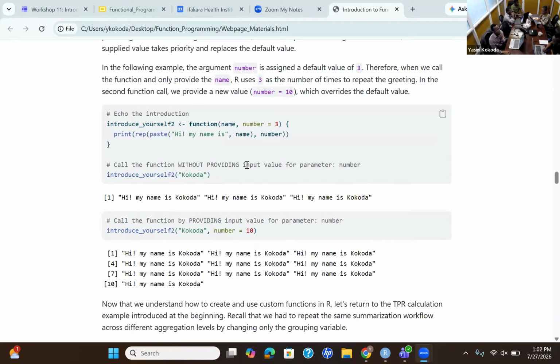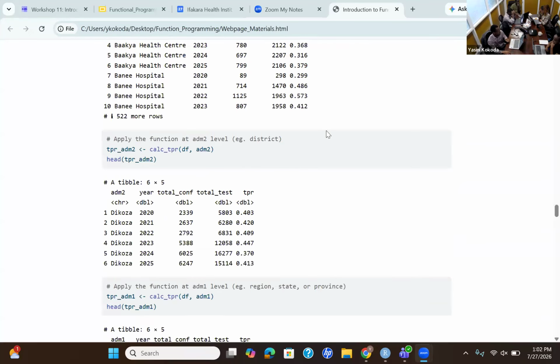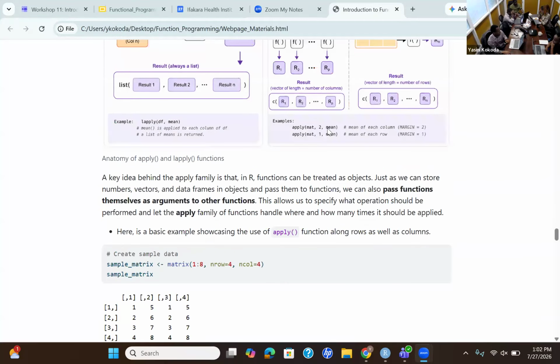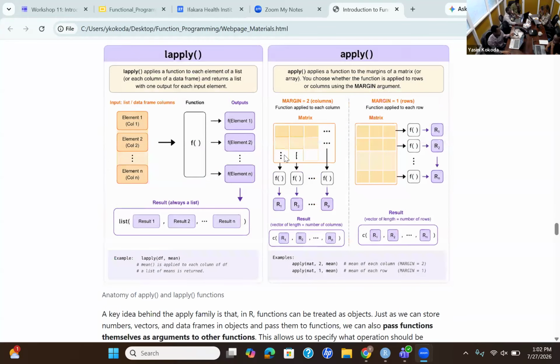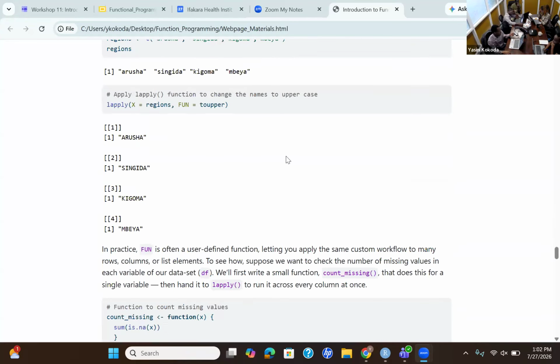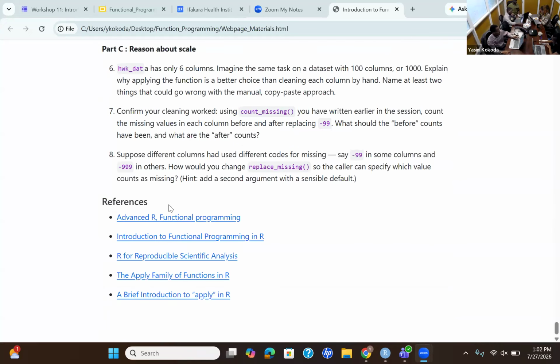We end up learning how to write and use functions. But you can explore on your own time. We have the apply family of functions in R. They are cool tools. You can check the references at the end.